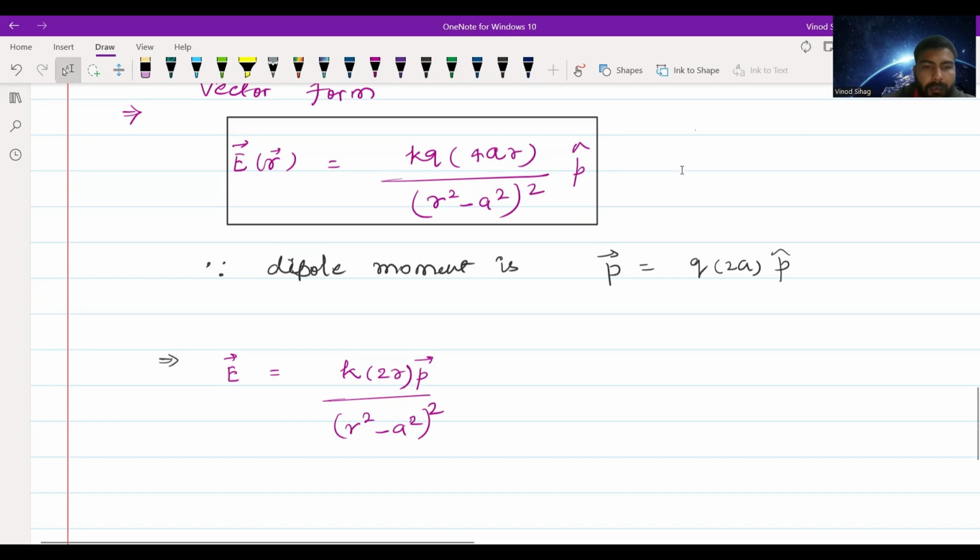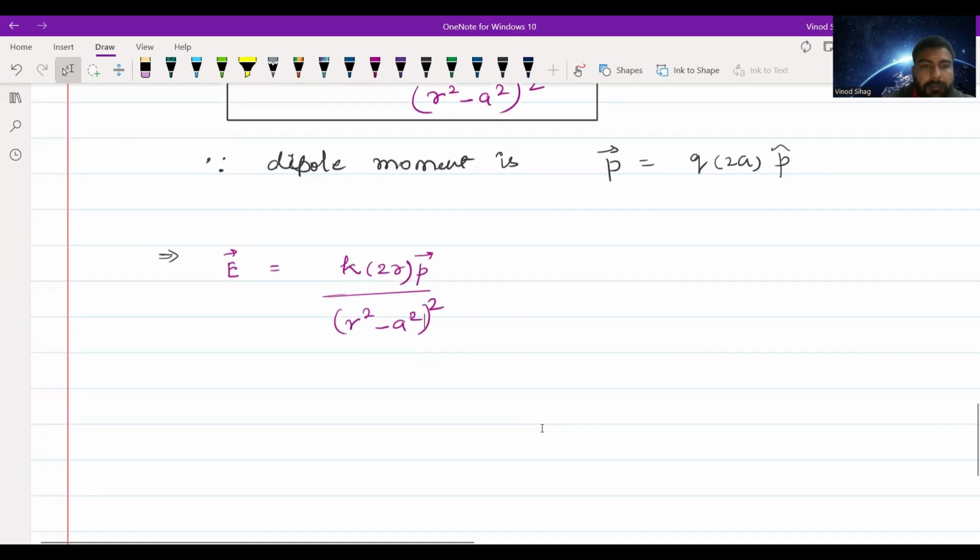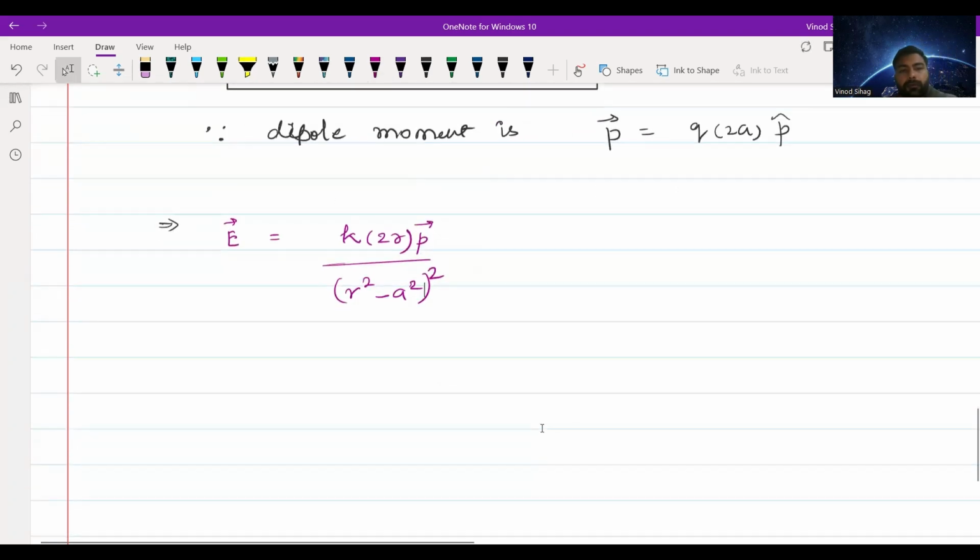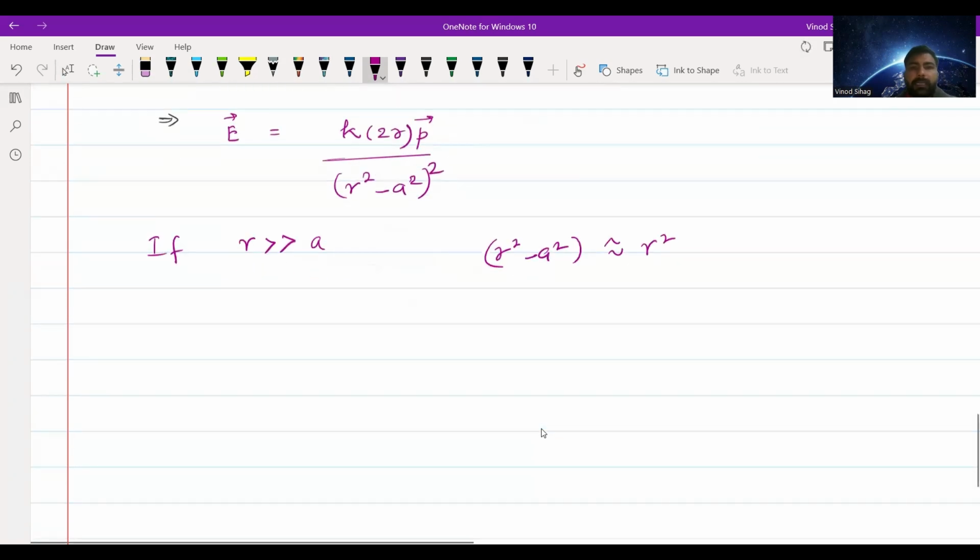Okay. Now we can solve it further for another condition. If R is very much greater than A, then obviously this quantity R square minus A square will be nearly R square. This will be nearly R square, and then we get the equation as